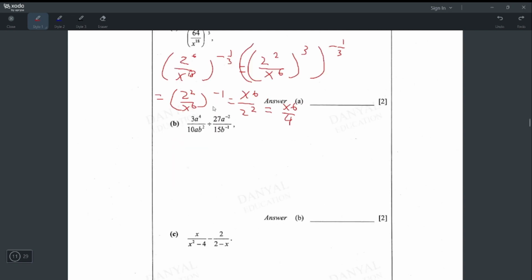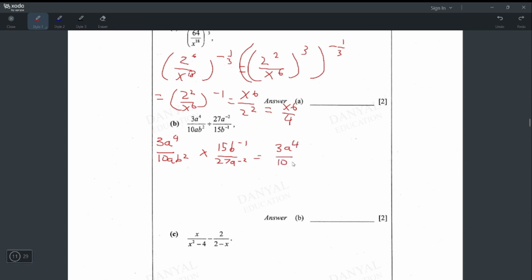For the second question, we'll take a look at part B. In this question, we have this divide right here, and in these kinds of questions, we want to turn this into a multiply. So that's usually the first step. So let's do that right away. So 3a to the power of 4 divided by 10ab squared multiplied by 15b to the power of minus 1, 27a to the power of minus 2. When we convert this divide into a multiply, we want to flip these two respectively. So this becomes 3a to the power of 4